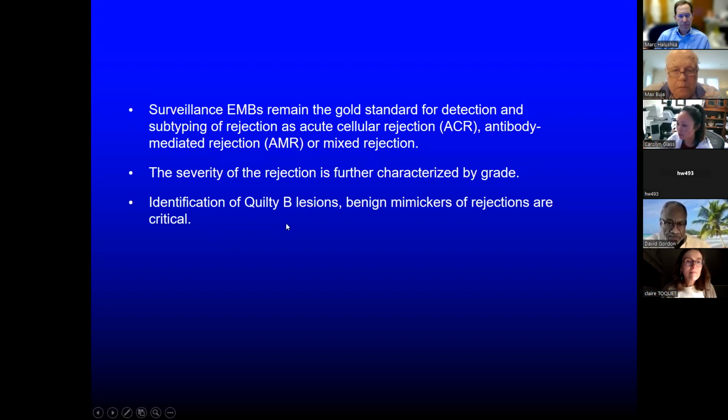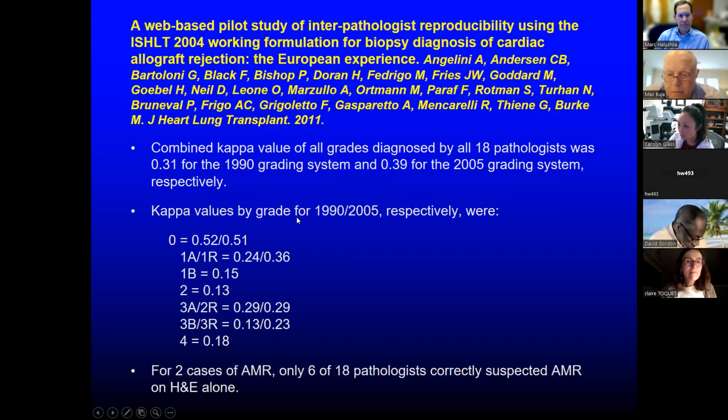And then this is a really interesting area, the identification of Quilty-B lesions. In my training, I didn't see as many Quilty-B lesions as I see now, and some of those are very, very difficult. They can be mimickers, and you want to call infiltrating Quilty, and I know there's probably a lot of intra-observer variability that goes into this. I think that was evident even in our last SCVP teaching session, where one person called infiltrating Quilty, one person called a grade. So that could be a very tricky area.